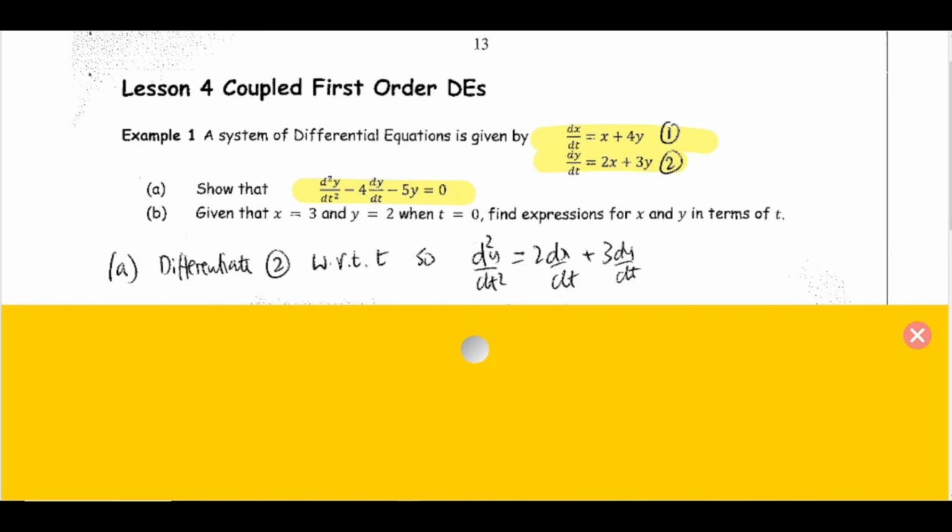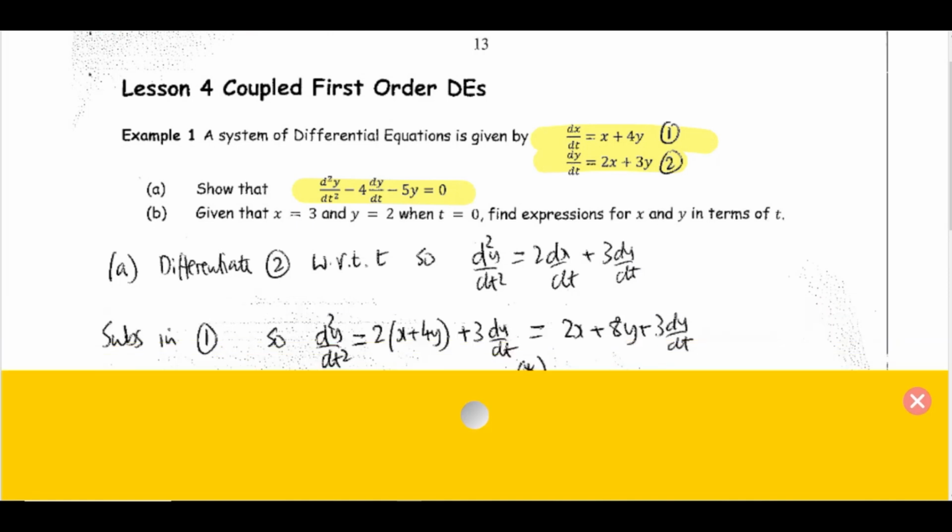So if you differentiate dy by dt, you will get d2y by dt squared, which we want. It's in the differential equation. Equals, on the right hand side, 2 stays in front, x differentiates to give dx by dt, plus 3y will differentiate to give 3 dy by dt. That's the first step. The second step is to get rid of the dx by dt term. So I'm going to use the other differential equation, equation 1, and I'm going to substitute that in to replace